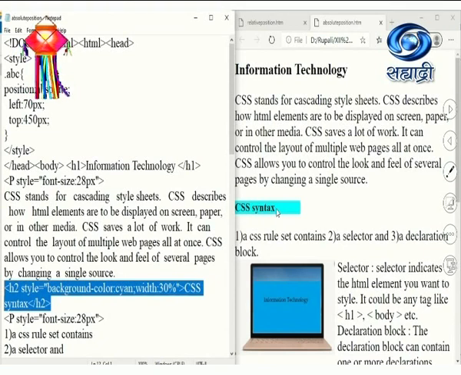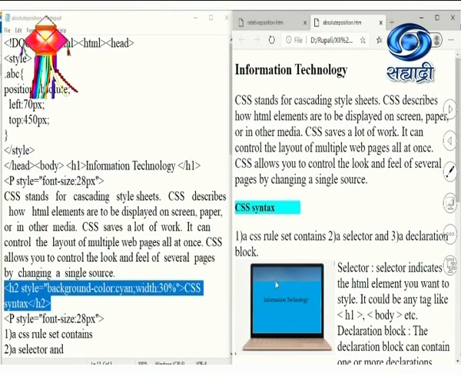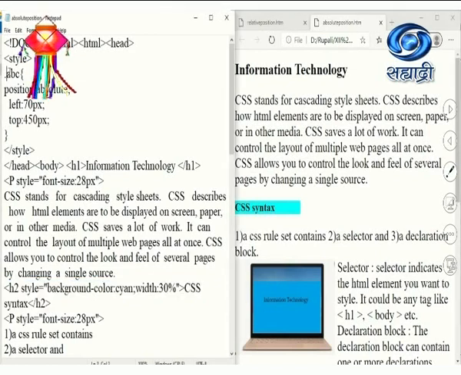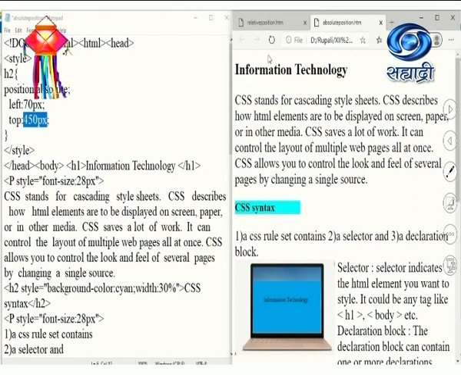And observe now, students, right now I have not mentioned any kind of class here, that's why the image is below the H2. Now I am mentioning position absolute for the ABC class, and instead of ABC class, I have mentioned that it should be applied for H2 now. Now that position absolute will be applied for my heading, that is the CSS syntax here, and it will leave that. Let us refresh the code in the output.